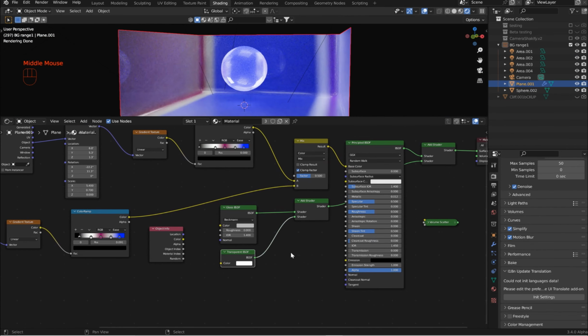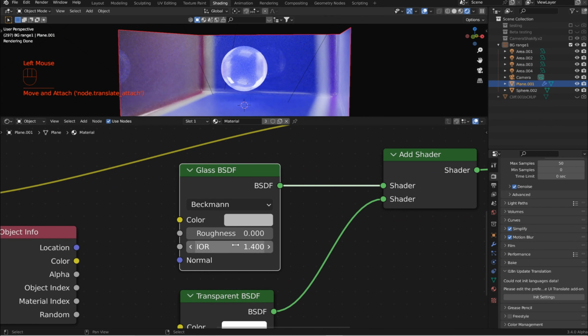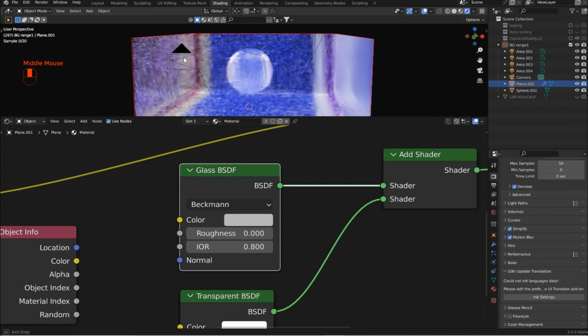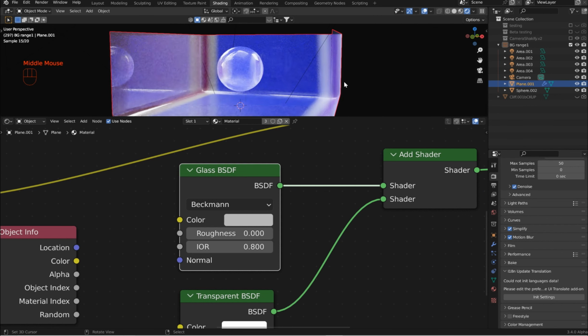What I can do is come down to my glass BSDF and the IOR, or the index of refraction. The Blender manual says 0.8 is actually the design for transparent glass, and I know that may get some comments on that one, but it's what it says. I know you get a lot of different results in a lot of different ways, but I'm going to go